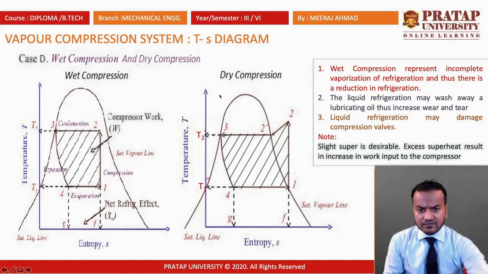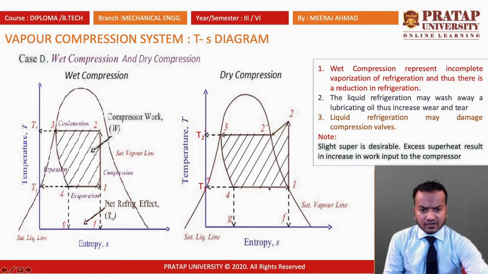But in dry compression, you can say that this is the diagram of the simple or ideal cycle of the VC cycle. At the entry of the compressor, the refrigerant must be in the saturated vapor state. This saturated vapor enters the compressor. Then the compressor compresses isentropically from point 1 to 2. After that, the constant pressure heat rejection process takes place in the condenser, where heat is rejected from the refrigerant. Then the isenthalpic process takes place from 3 to 4.